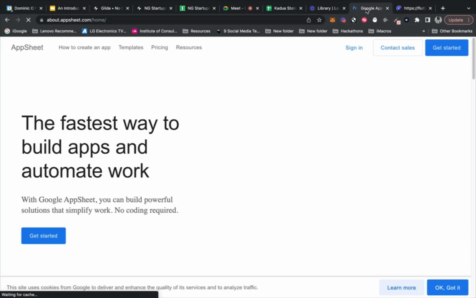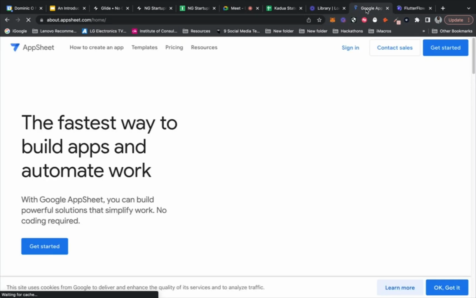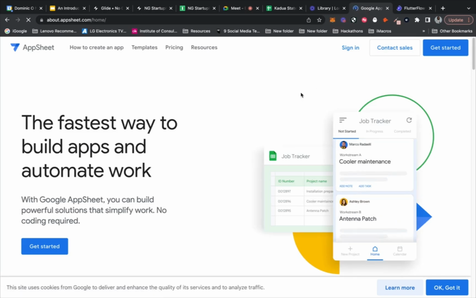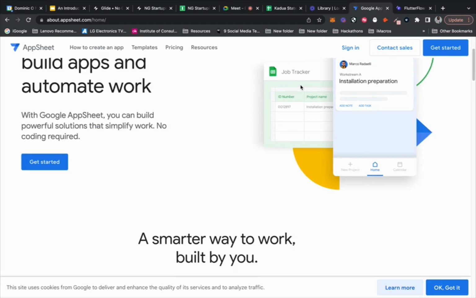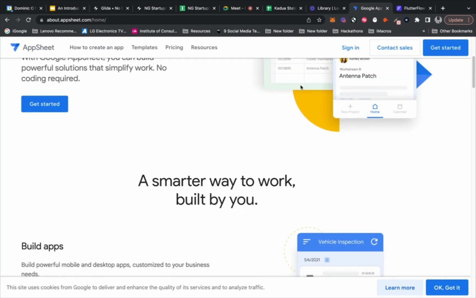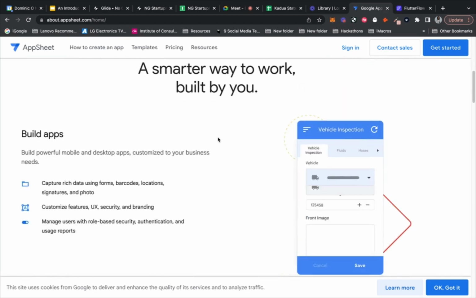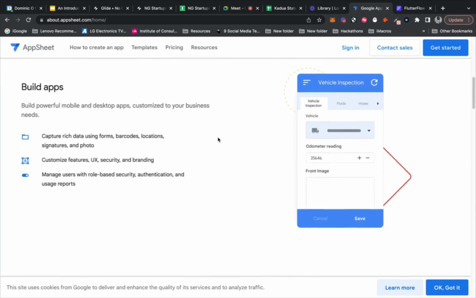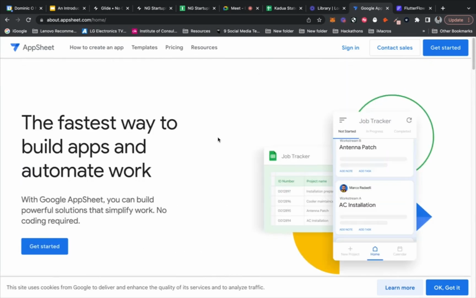So the first tool that's interesting to this community is Google's proprietary no-code tool. So Google have a tool called Google AppSheet. And I'm not sure if you've been aware of it before, but this is their no-code tool. So as long as you have a Google account, you can use this, play with it. Again, it's free. It does have a premium version, but this is Google's proprietary tool that connects to a lot of Google's technology.